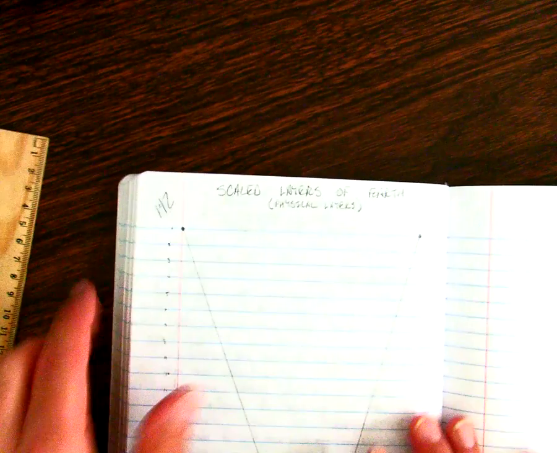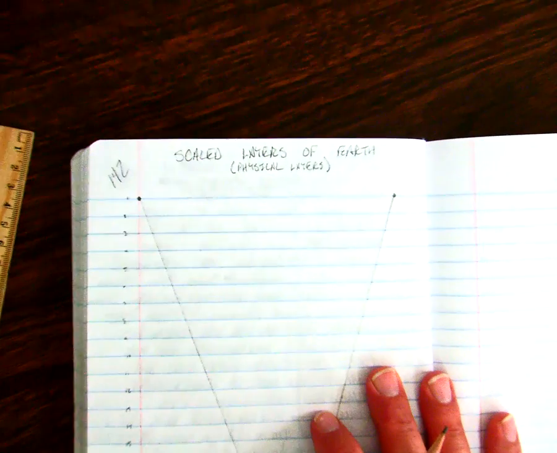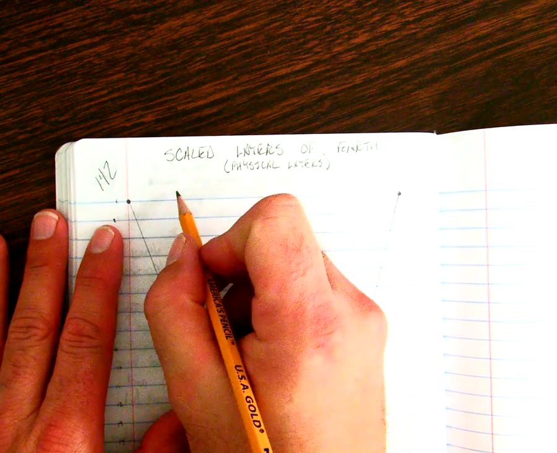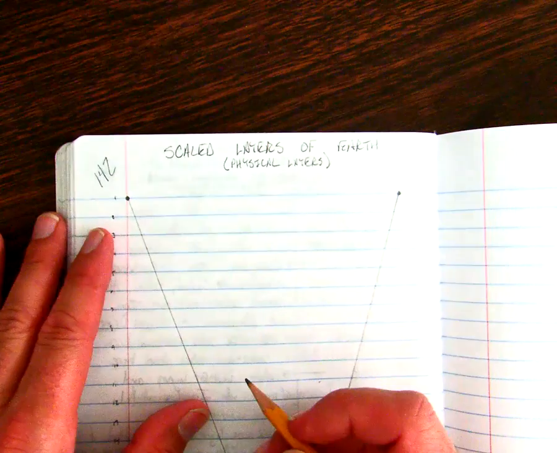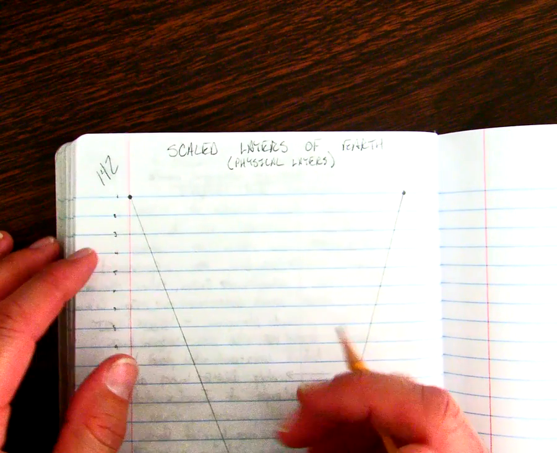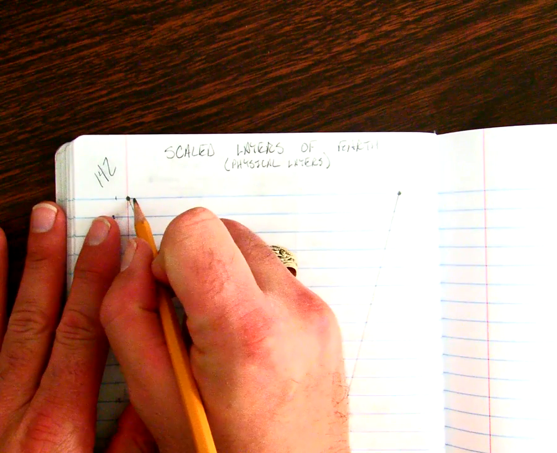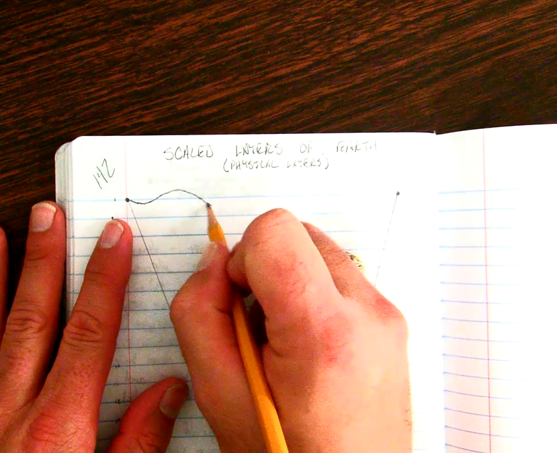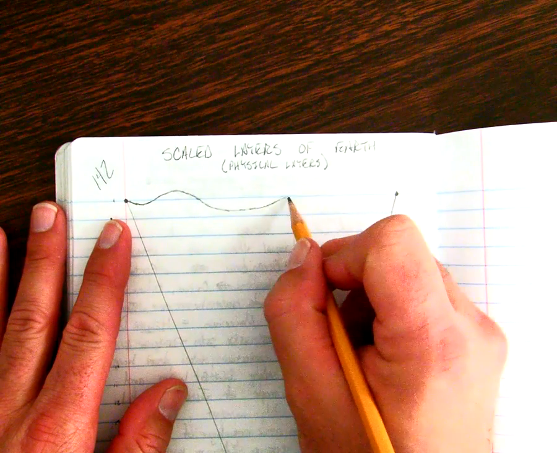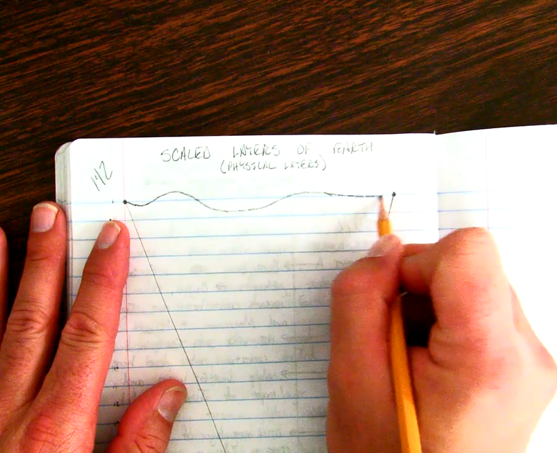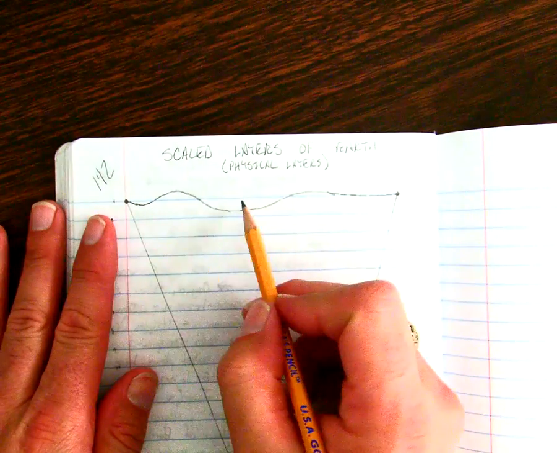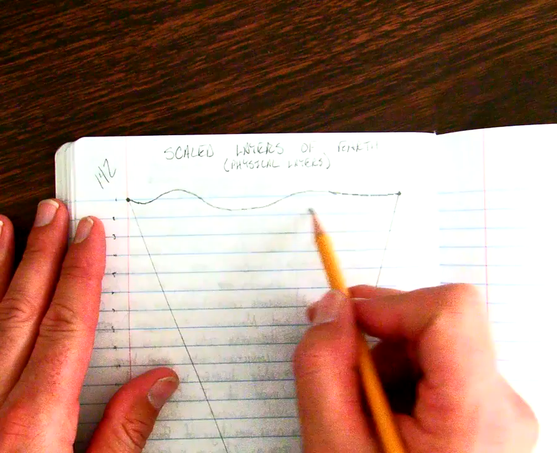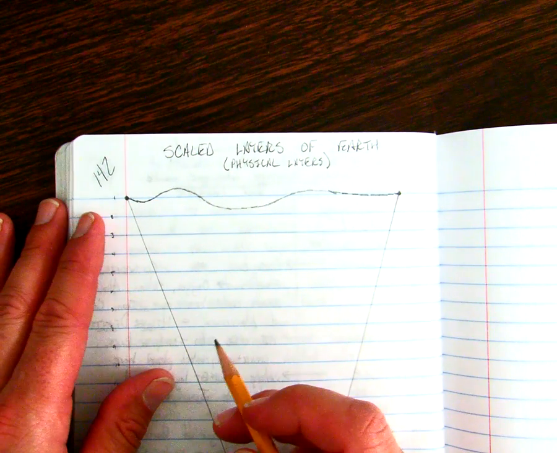Now, notice across the top I did not put a straight line because we're going to try to show that that first layer of earth, the crust, has some crust that is above and below. We have Himalayan mountain ranges, we have deep oceanic trenches, we have all these things that we have to account for. So I'm just going to draw underneath. It's going to be a little bit of an ocean, and we have a mountaintop there, and then I'm going to come back down, maybe a deep oceanic trench there, and we're going to come back across. All right, and so anything that's above that blue line is going to be considered a mountain, and then anything that is below that blue line in that first section there is going to be considered